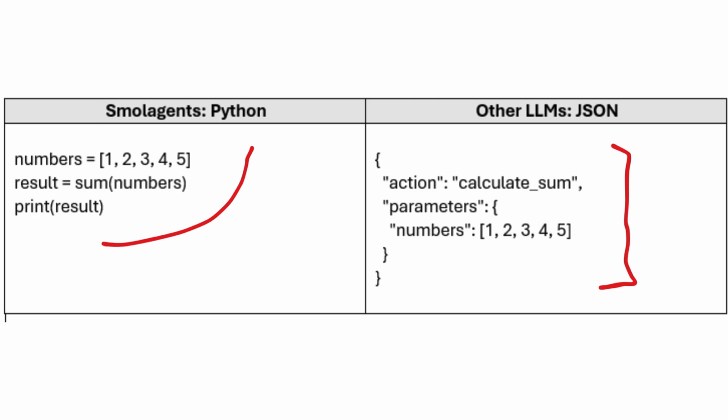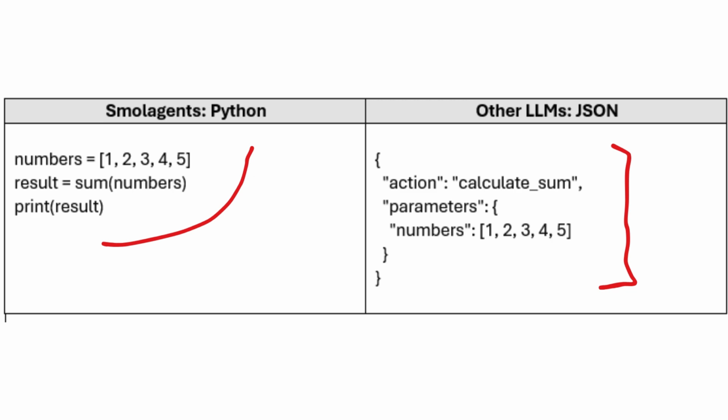Now, in order to actually perform this action, the system needs to first parse the JSON output to extract the action and parameters. Then match it to a predefined function, in this case, calculate_sum. And manually execute the corresponding function with the given parameters. This extra processing step introduces latency, complexity, and potential points of failure. If the JSON is formatted incorrectly or an unexpected parameter is missing, the system may fail to execute the action